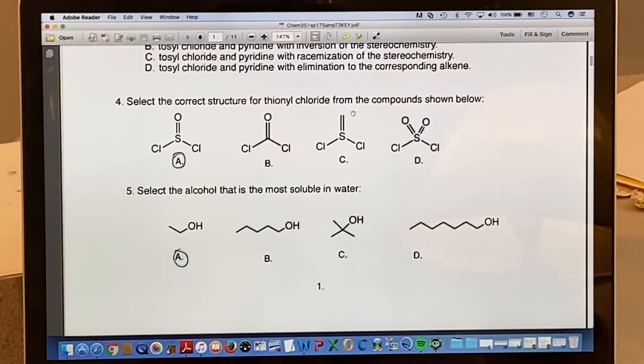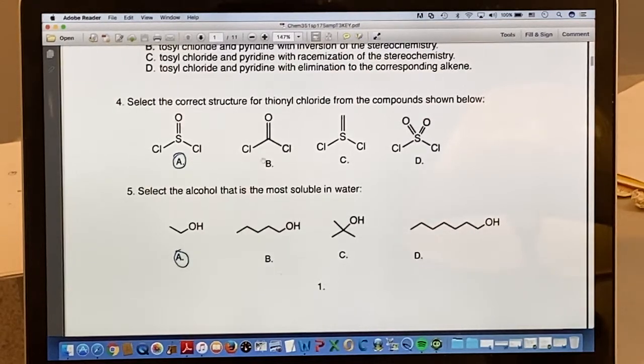What are some other reagents? Phosphorus tribromide, POCl3, phosphorus oxychloride. So yeah, there are quite a few. And then you throw in the bases that we've learned before, sodium hydride, sodium amide, things like that. So yeah, I know it's a lot to keep straight there, but this is thionyl chloride,